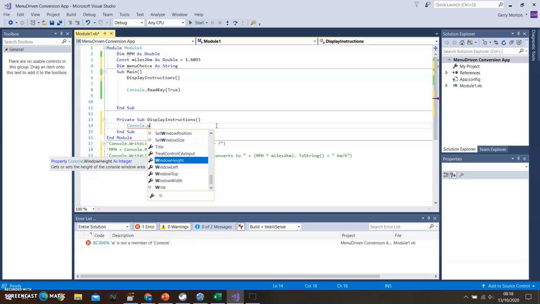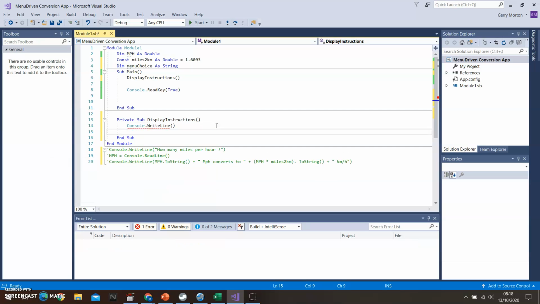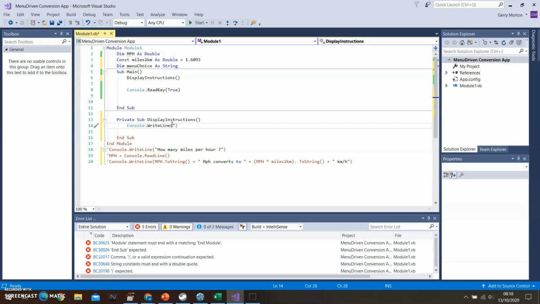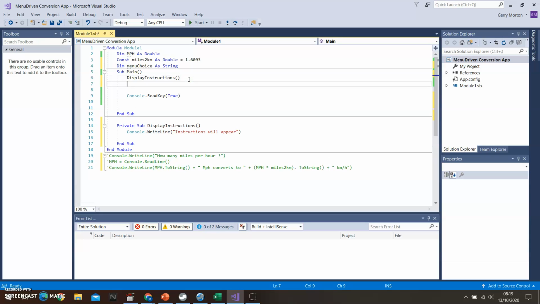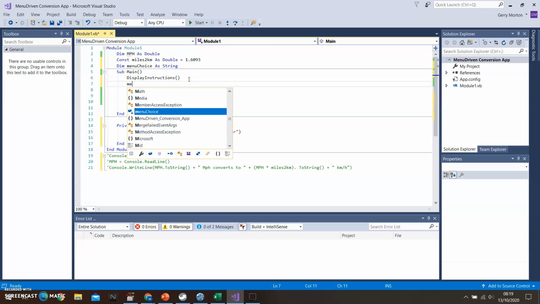I'm going to say just first of all, console.writeLine, and to make it a stub, I'm just going to say instructions will appear. And that's it. It's now a stub. It doesn't do what the real job is. It doesn't actually show instructions, but it tells me that it will show instructions, so it will run as a piece of code. The next thing I'm going to do back up in submain is say that menu choice,